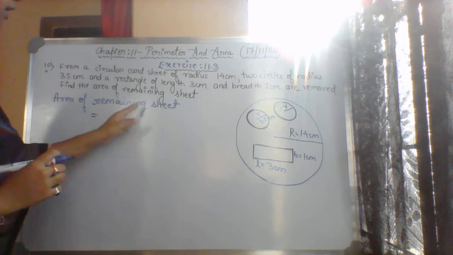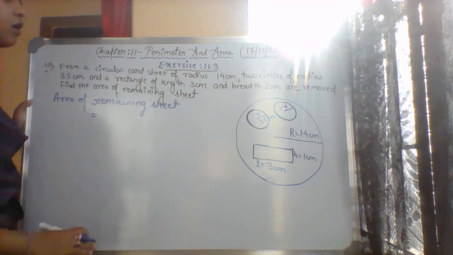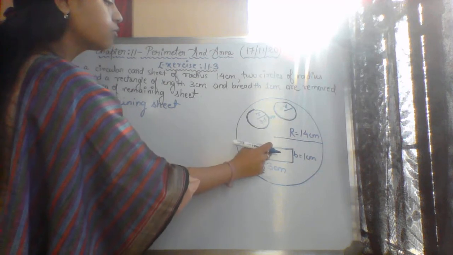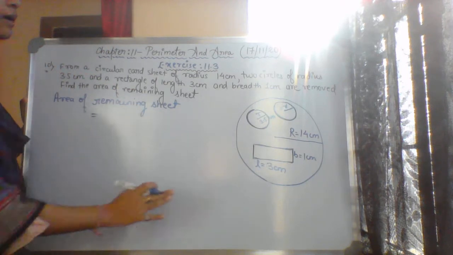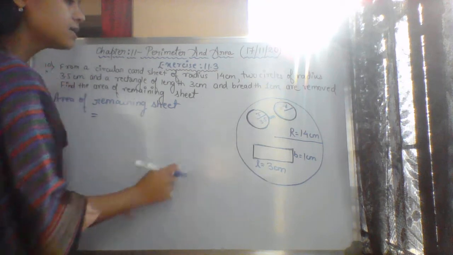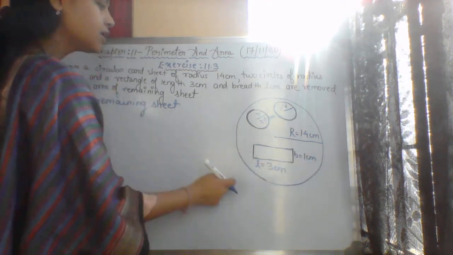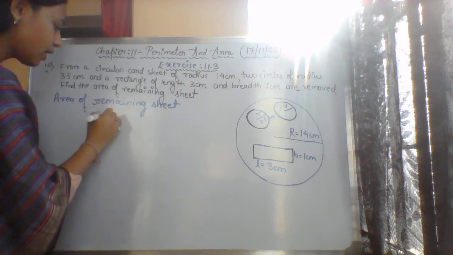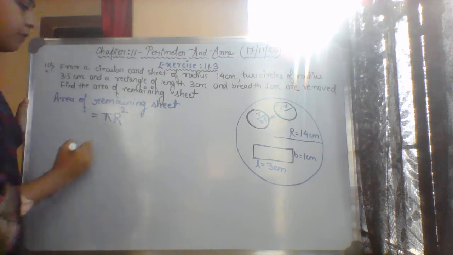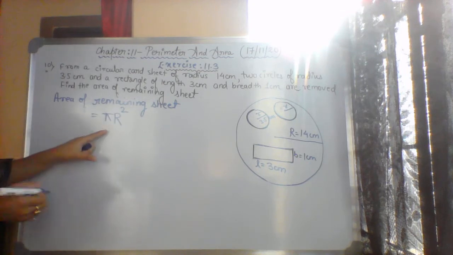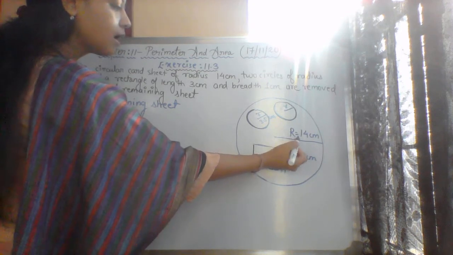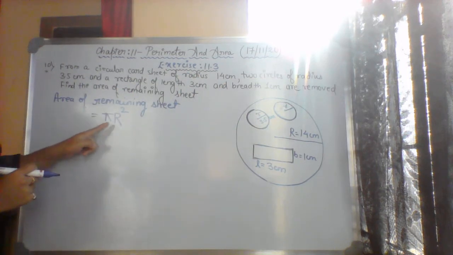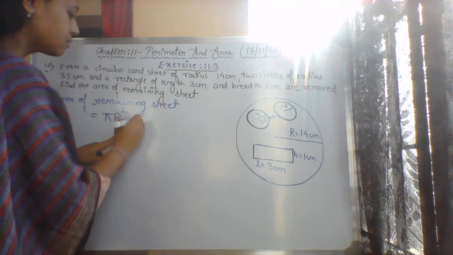So the area of the remaining sheet will be, first of all, from which area am I going to subtract these three areas? This total area. What is the area of that circular card sheet? Pi capital R square. That is the area. I am considering radius capital R for the bigger circle. So pi R square minus,